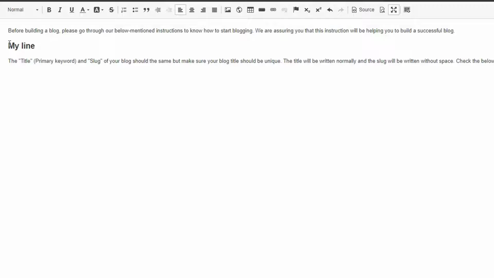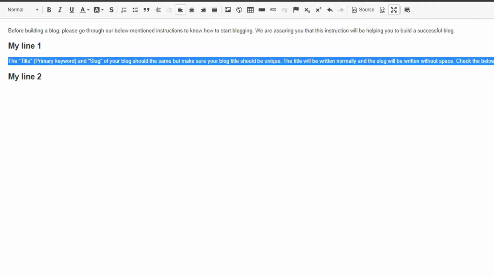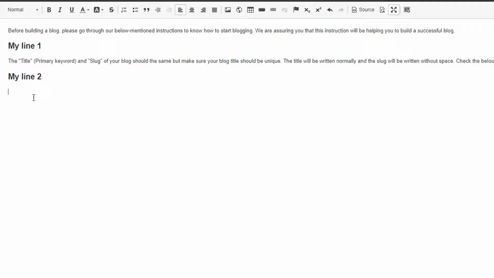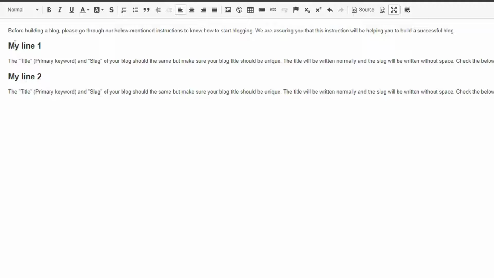So let's build some more structure for that. Again, just copy from here, press enter, and I'm typing, and let's make it H2 again, like this. It is bold, and you can type here my line 2. Let's type my line 1, and then again repeat the same content and paste it. So this is how your H2 heading, then a paragraph, again your H2 heading,